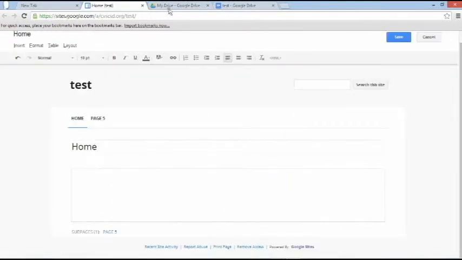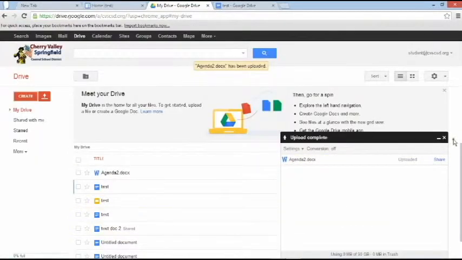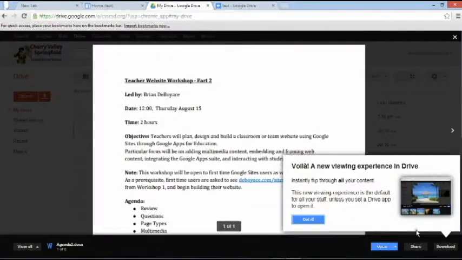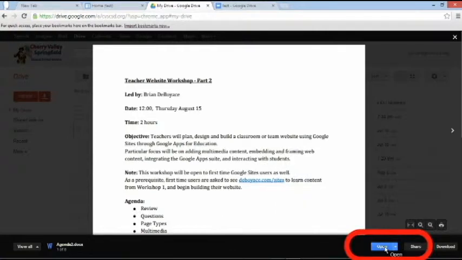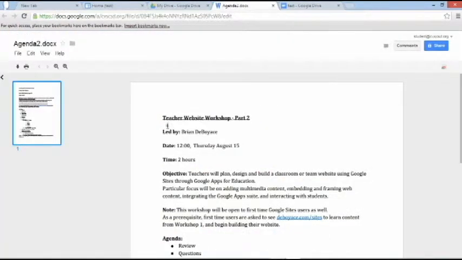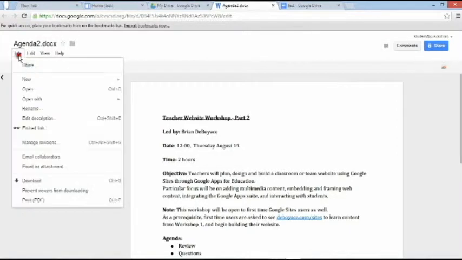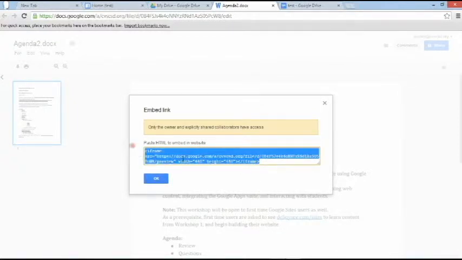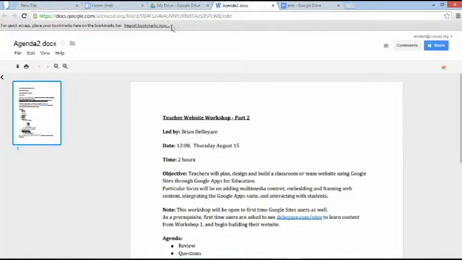However, there is a workaround. So, if I was to go back to my Drive account where I just uploaded this document, I could click on it and it will open up a preview. Then I want to open it here again, and this will open it up in a new window. Then I can go to File, Embed Link, and right here it will give me an embed link in an iframe code. Now I'm just going to right click and copy, click OK, and then I'm going to navigate back